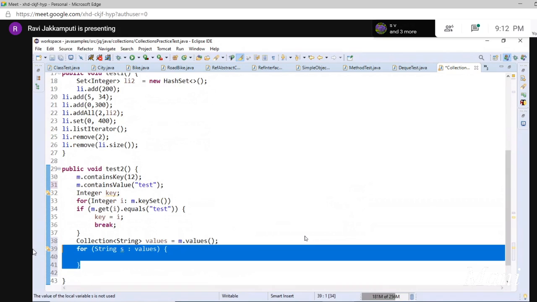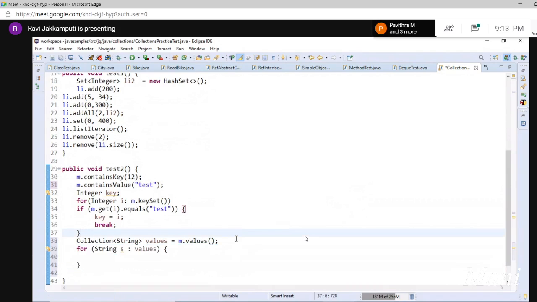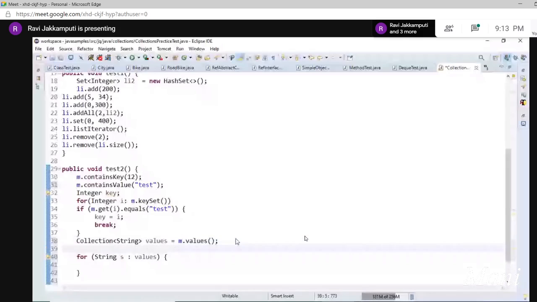Contains. Yes, so it's a collection. Yesterday I think we discussed already that collection has all these methods. We have addAll, contains. So I told you that we can even add and remove and also search for the value in